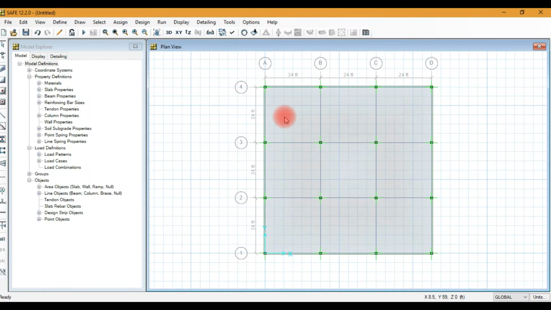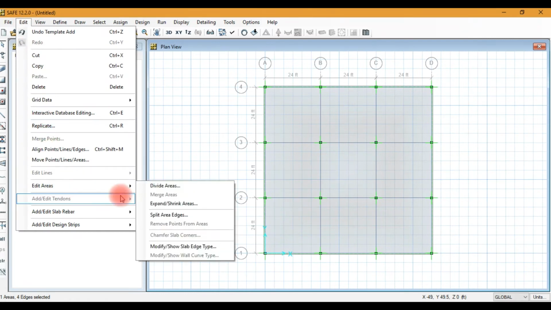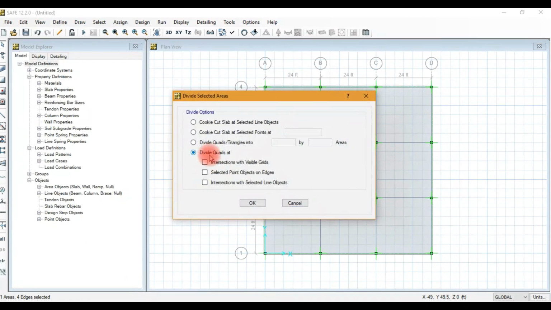Select the slab area, and now I divide the area at intersection with visible grids, selected point objects on grid, intersection with selected line objects. A line object means beam. We divide the panels with respect to beams.